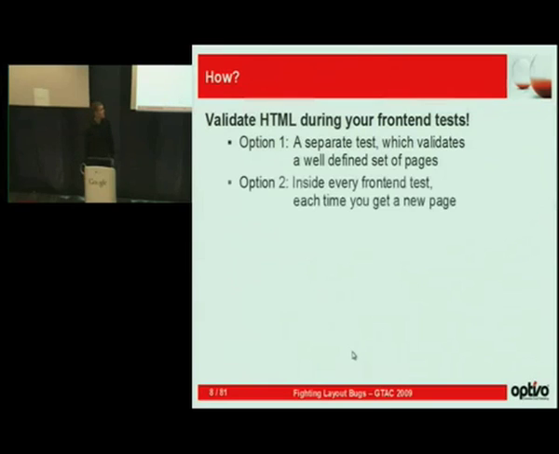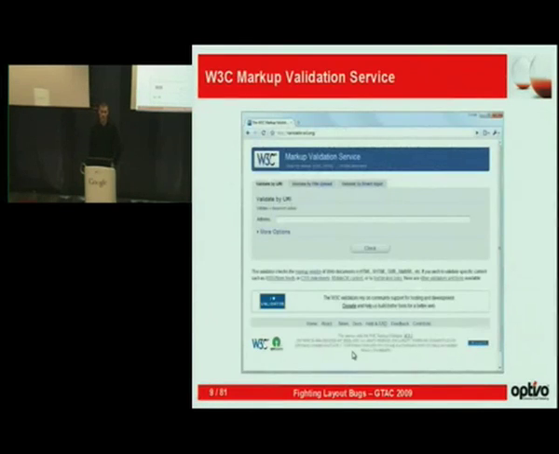So, another option would be, if you have this code which validates HTML, why have a separate front-end test? If you already have a test suite of several front-end tests, then just check every time you get a page if it's valid HTML. And of course, you shouldn't reinvent the wheel. There are already tools which validate HTML, Tidy, or maybe the W3C markup validation service. This is a service you can download and install, and there's also a publicly available server